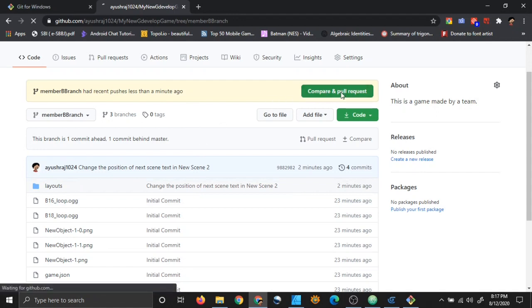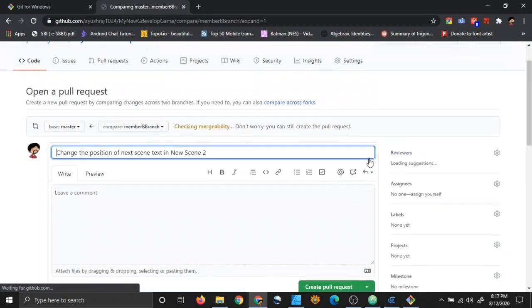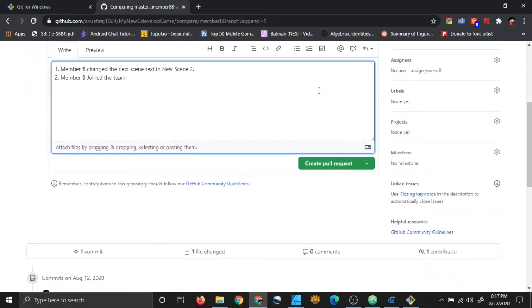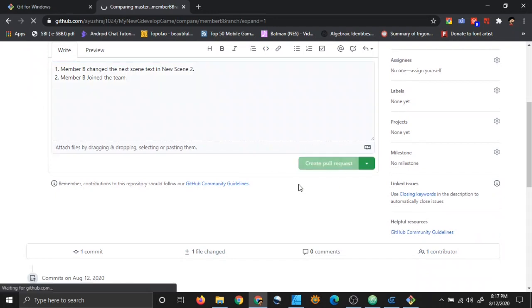Let's do that. Compare and pull request. And you can type some message, like member B changed the next scene text in new scene 2, and you can type member B joined the team, whatever. You can type any message and create pull request.